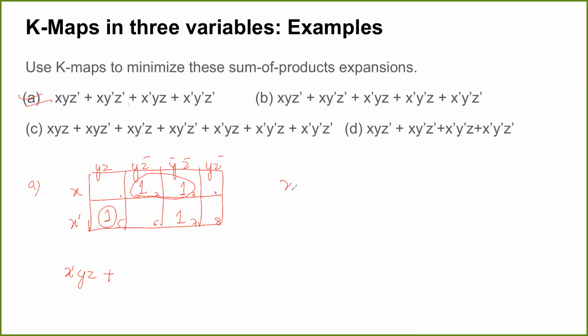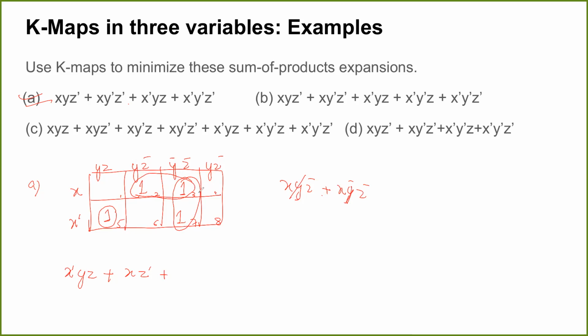So you have x, y, z prime, and you have x, y prime, z prime, right? So what are the common ones? y is cancelling out, right? You have x, z prime. Okay, do it carefully. Now try this one. I can do a pairing here also. So what is the resultant?